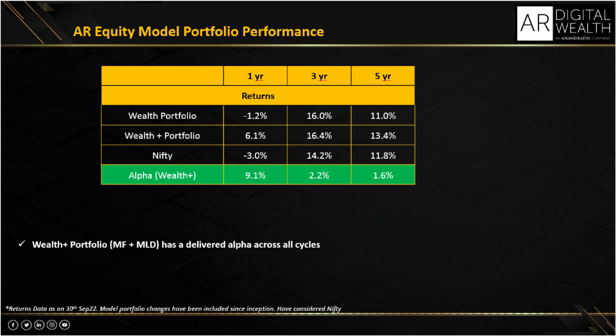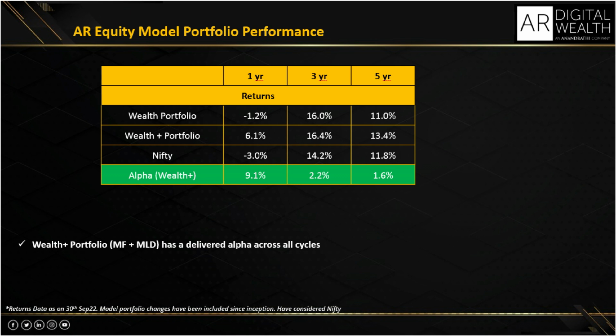Let's look at the quarterly performance of equity model portfolio. So we have two portfolios. One is Wealth portfolio, which is a mutual fund portfolio, and we have Wealth Plus portfolio, which is a combination of mutual funds and marketing debentures. Now, what are marketing debentures? They typically help you to accelerate returns with high degree of probability and also reduce the risk. And hence, this combination of a mutual fund and marketing debentures help investors to achieve their objective in any market